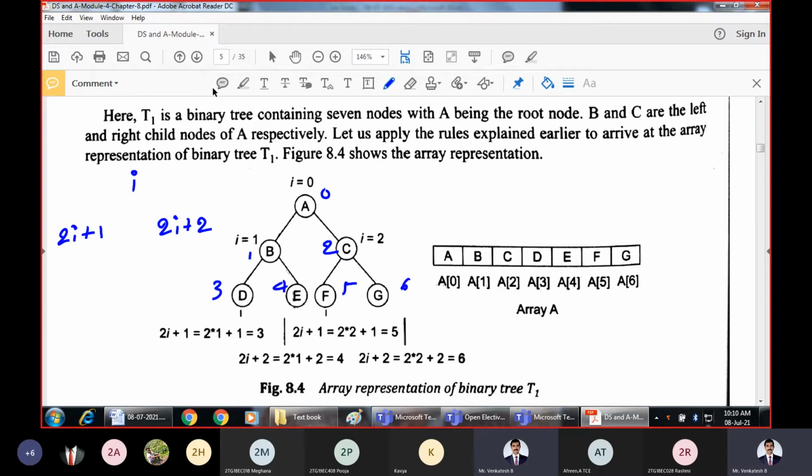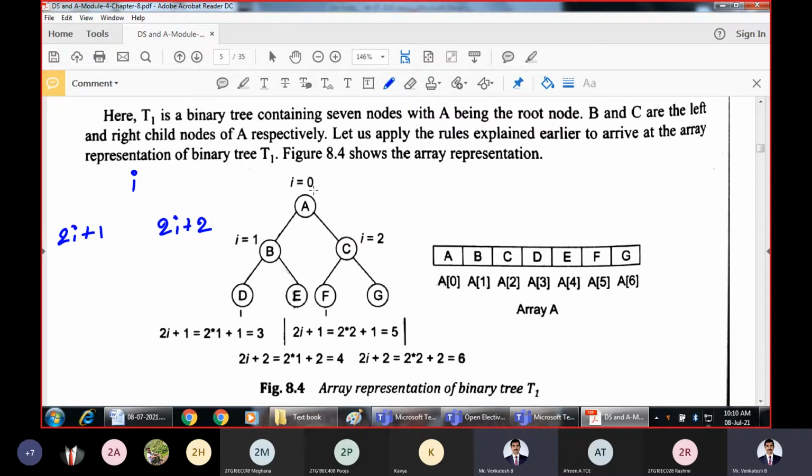That is a simple technique even without applying this formula. But this formula will be useful when some of the subtrees are missing. So this is how we have labeled the nodes in a binary tree in case of array representation.